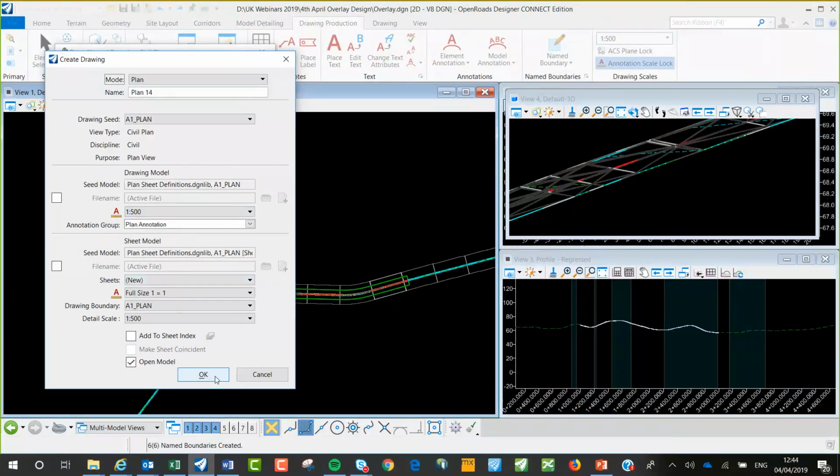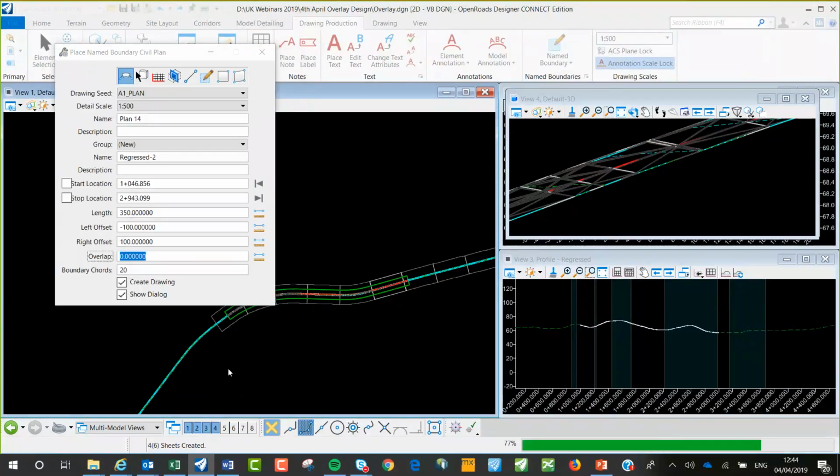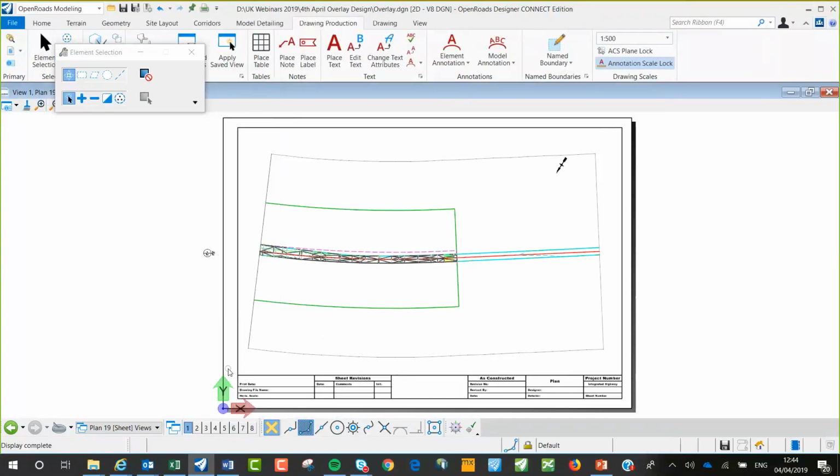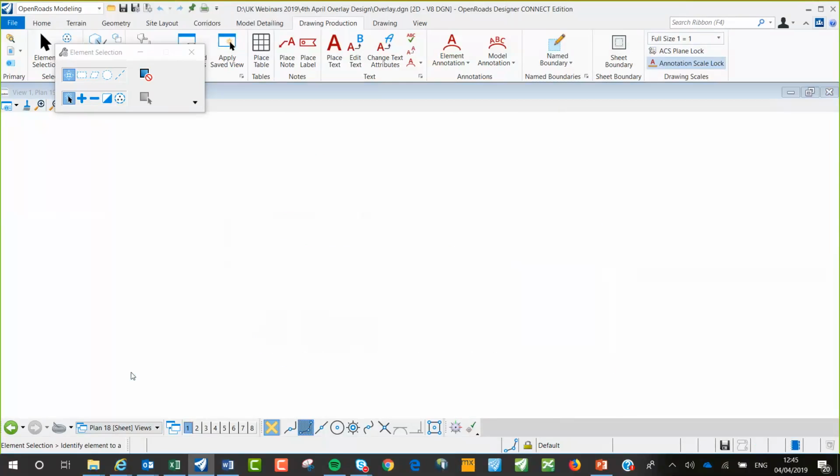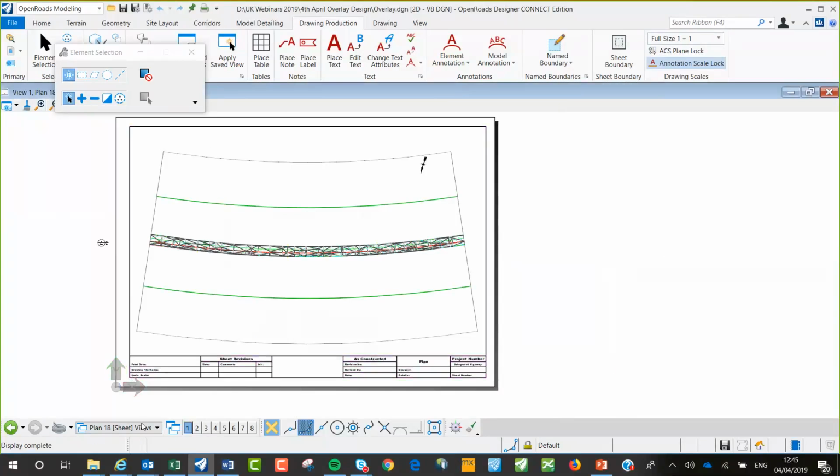But as I say, I'm just going to create some quick and dirty sections. OK on that, and it runs through and creates us a set of sections. We've got the boundary and the frame come from our seed file, and this is just a standard one that we supply, but of course you can customize the seed file to create your own. And if we just scroll through, you'll see